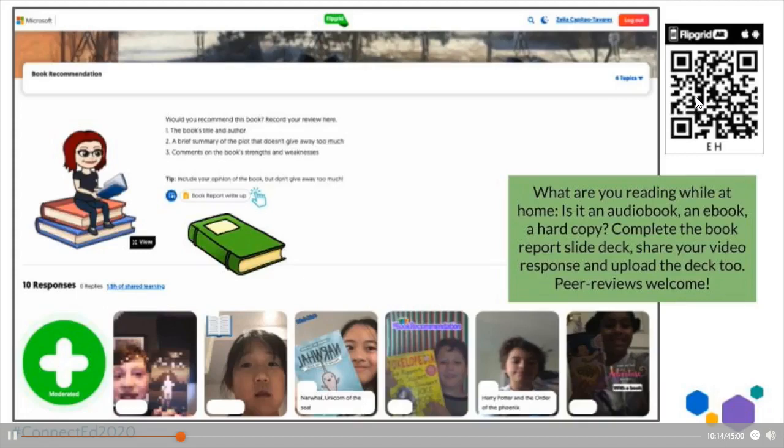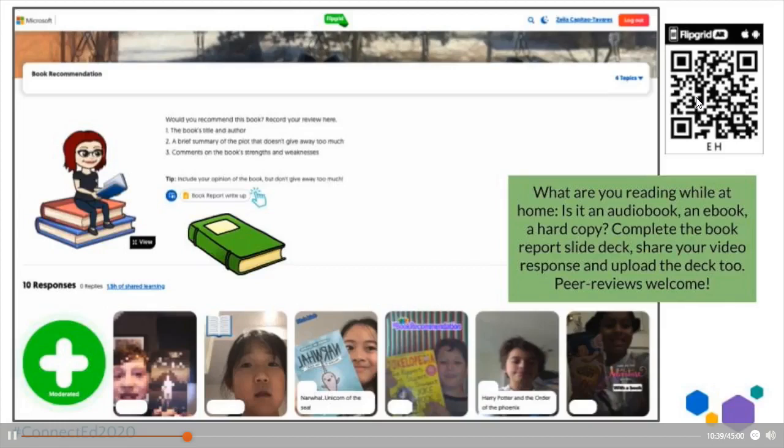And so promoting different reading mediums and access to these resources to engage in reading while remote learning can include things like audiobooks, ebooks, a hard copy, links to the local library so they can access and book these resources. And so students were able to share some of their favorite books that they've been reading and record them.